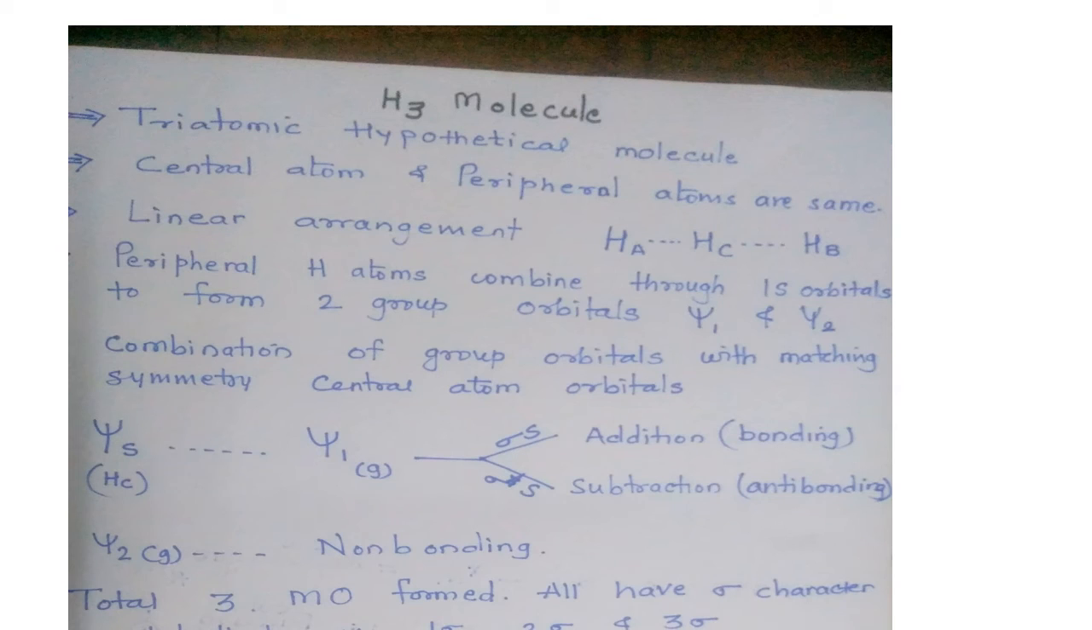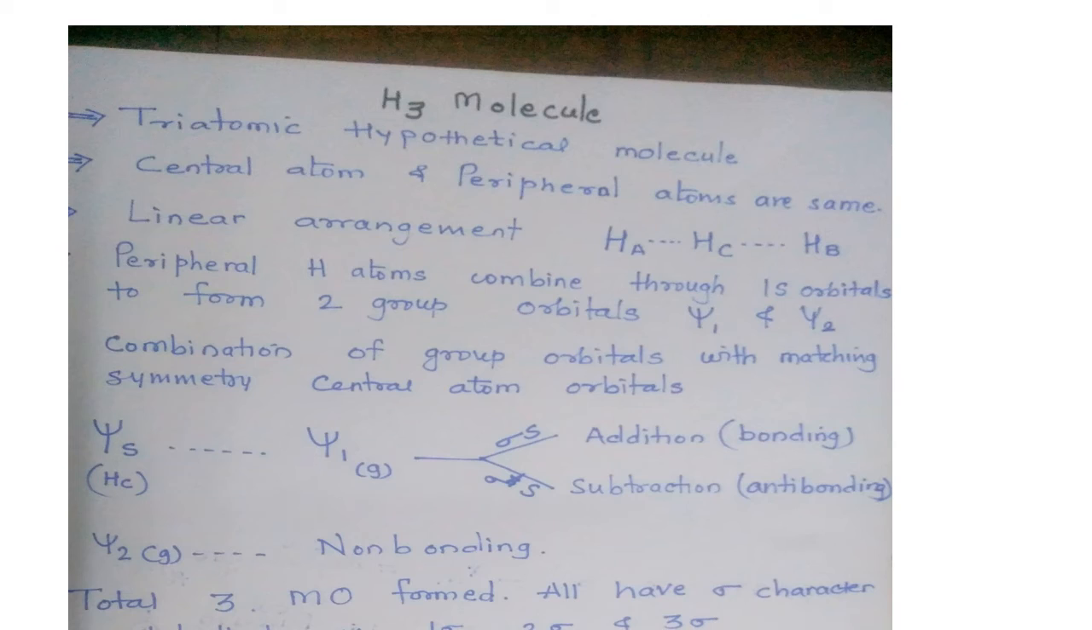The last polyatomic species included in our syllabus is the trihydrogen molecule, which is a hypothetical molecule because it is very unstable and its existence is not proved. The central atom is hydrogen and the peripheral atoms are also the same. So we will consider the central hydrogen atom as Hc and the two peripheral hydrogens as Ha and Hb, having linear